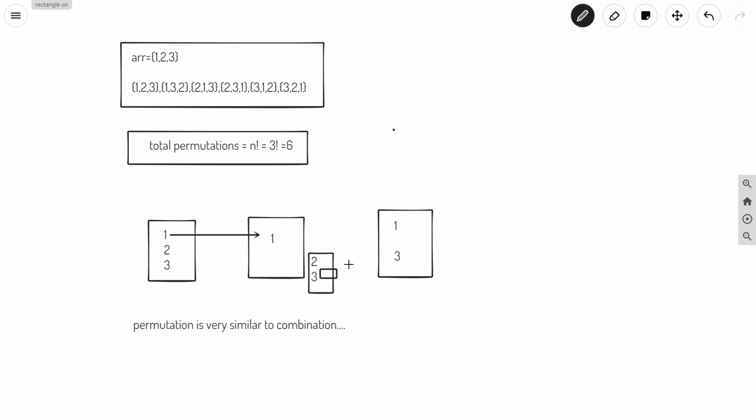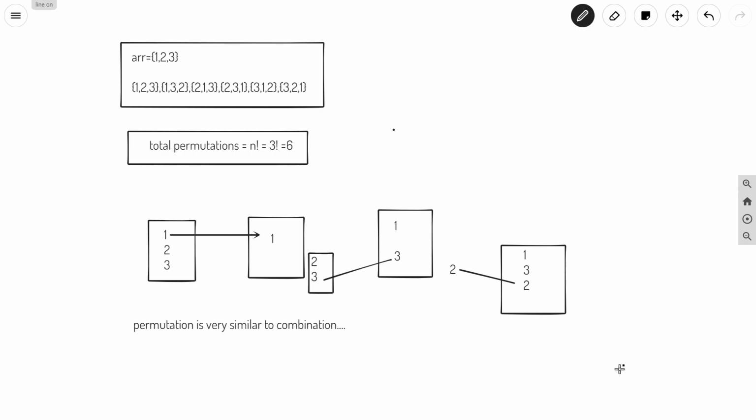Basically we have added 3 here, and again solving for this, we can have 2 with us. So we will again solve for this vector. We were having 1 and 3 initially, and after that we will add 2. So we are just going to add 2 here, whereas before we were adding 3. In this way we got 1 3 2.